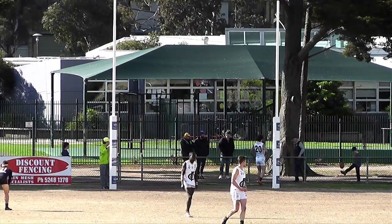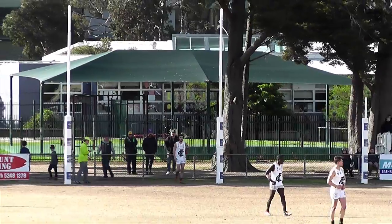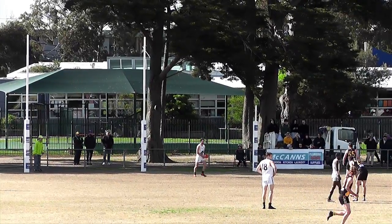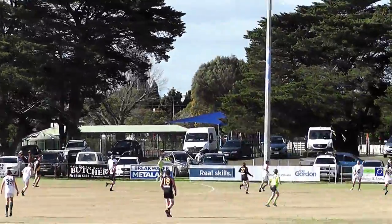How many times do you got to say it? If you're going to switch, make sure your kick hits a target, because that's where the forwards come in. So Taylor with the footy at full-back for Werribee Centrals, plays onto the outer side. Kicks it long, looking for...